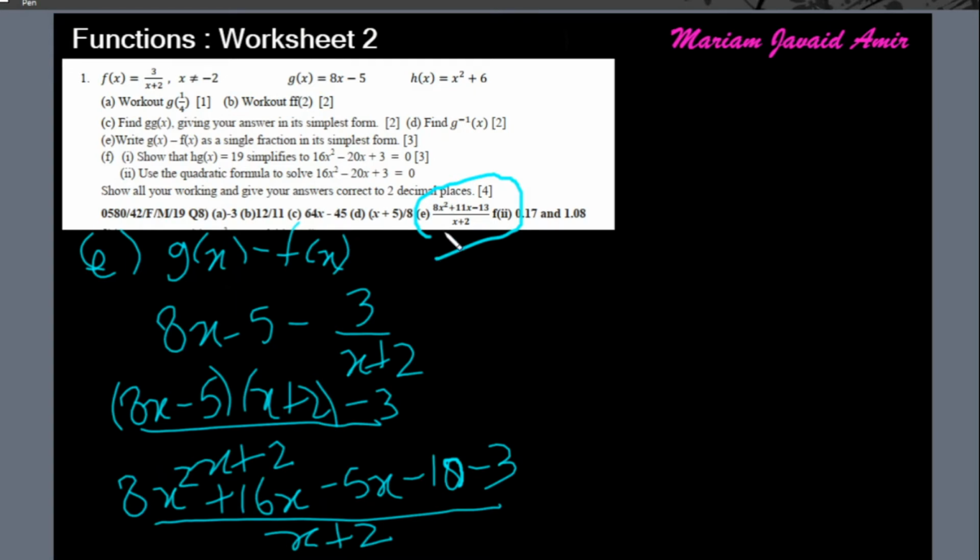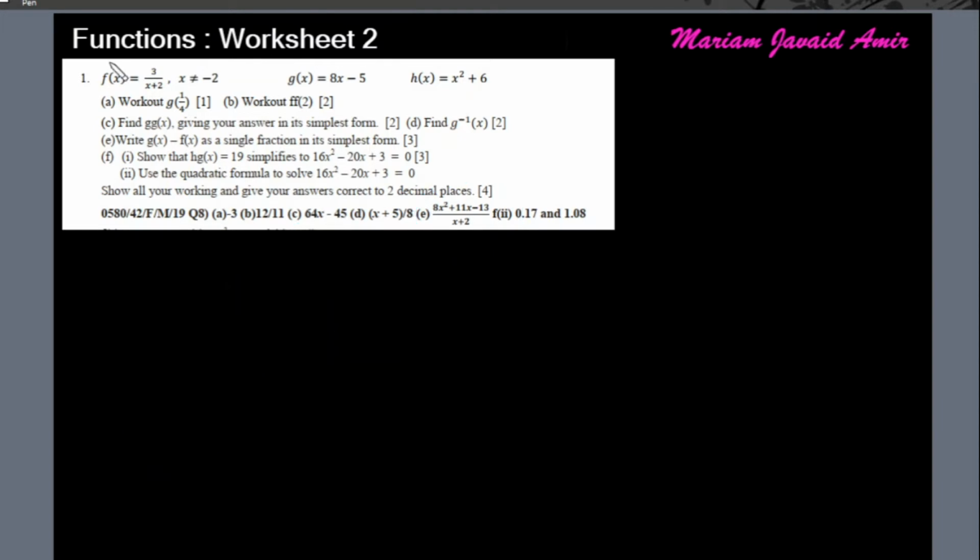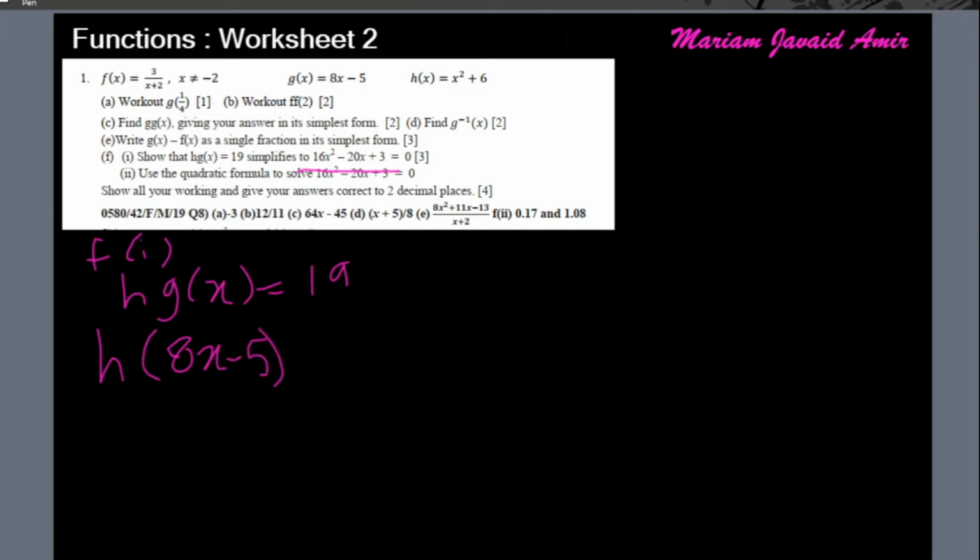Alright, next up is part F1. Show that hg(x) equals 19 simplifies to this. So in h we have to write the expression for g(x). So h is x squared plus 6. So instead of x we'll write 8x minus 5. So I'll write (8x minus 5) whole squared